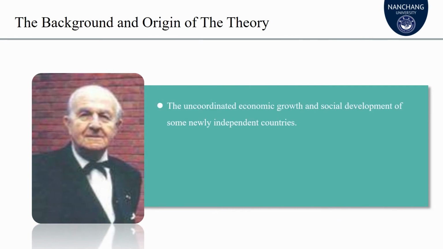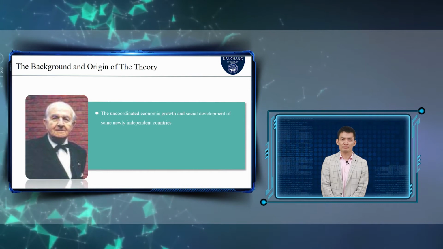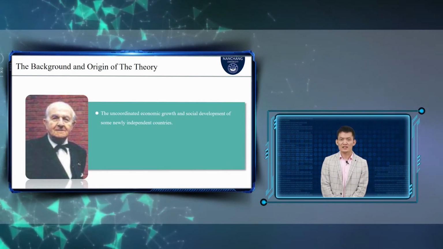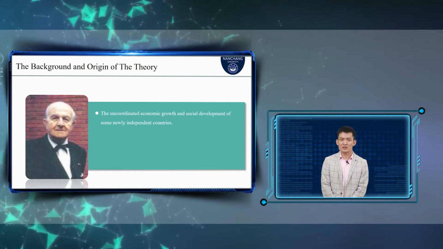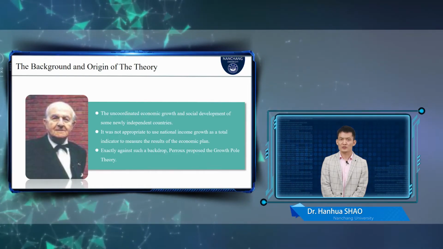The theory was originally proposed by the French economist François Perroux in the 1950s, a time when people were confused about the uncoordinated economic growth and social development of some newly independent countries after World War II. Although many people at the time already believed that it was not appropriate to use national income growth as a total indicator to measure the results of the economic plan, there was no clear distinction between the meaning of growth and development. Exactly against such a backdrop, inspired by modern system science and modern physics, the second law of thermodynamics,